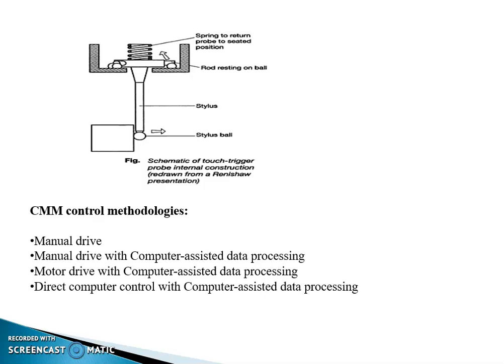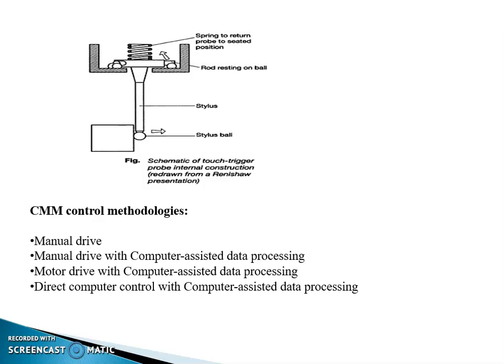Here the probe is driven by means of an electrical motor along the machine axis. Under operator supervision, the operator controls the probe with a joystick or similar device. Typically, low power stepping motors and friction clutches prevent probe collision with the work part. Also, the motor may be designed to permit the operator to manually move the probe. The computer assisted data processing as outlined above is also included, that is used for dimensional conversion and geometric calculations.